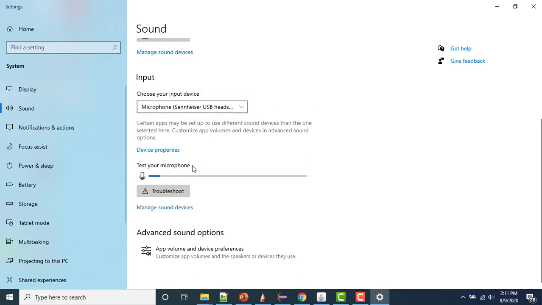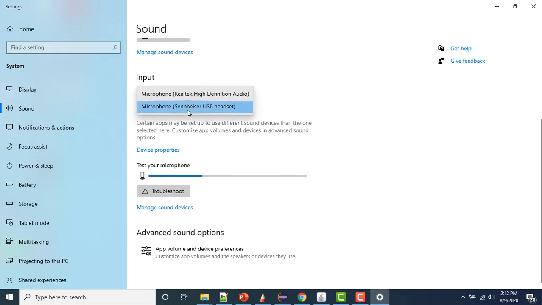And as well, if you see the test your microphone option, whenever I'm speaking, you can see that it shows my voice like this, right? Let's say I'm silent for a minute. Now you can see that when I was silent, it didn't show a single up and down, right? Because now I'm speaking, it is showing this.